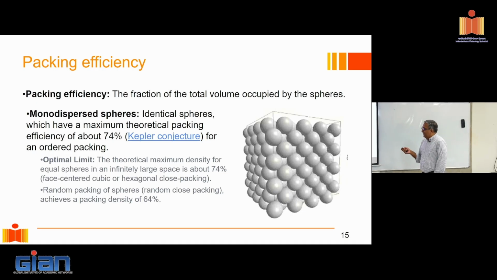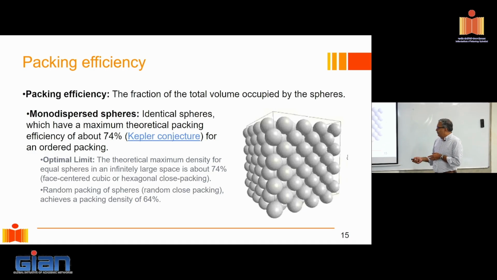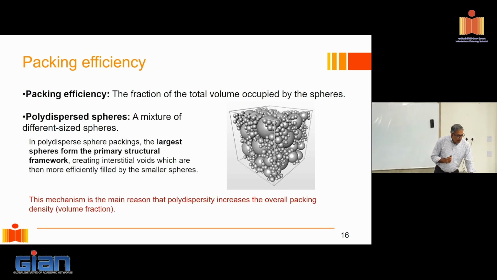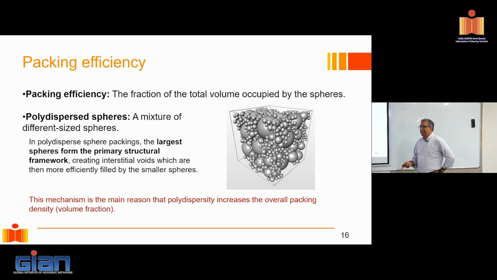And if you were to take the same spheres and dump them into this cube and do a random packing, that is, try to shake the cube up rather than arrange it in a systematic manner, you would basically be limited to 64%. Which means if I was making concrete with these spheres, I have to expect to use either 26% paste or 36% paste, okay, by volume, right? Now, how can I improve the situation is when I get into polydisperse spheres. What is a polydisperse sphere? Here we have a mixture of different sized spheres.